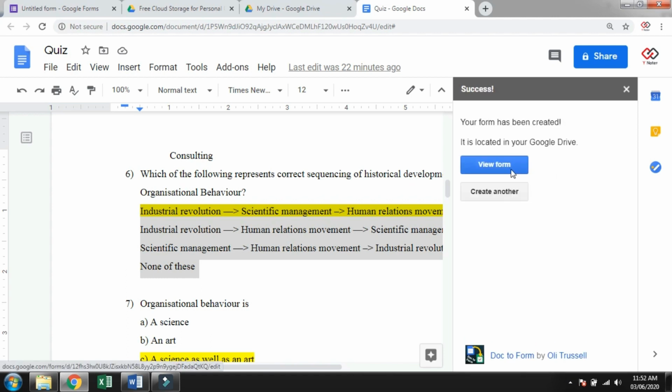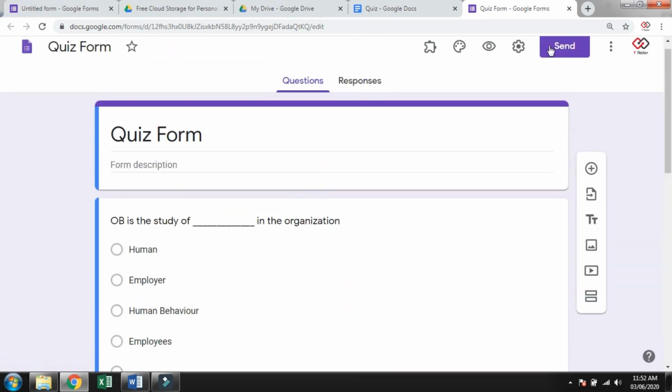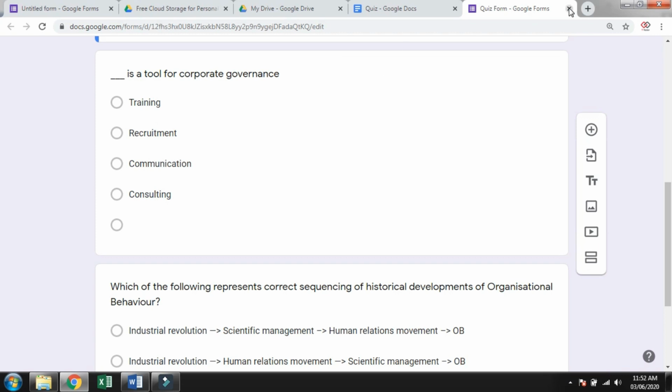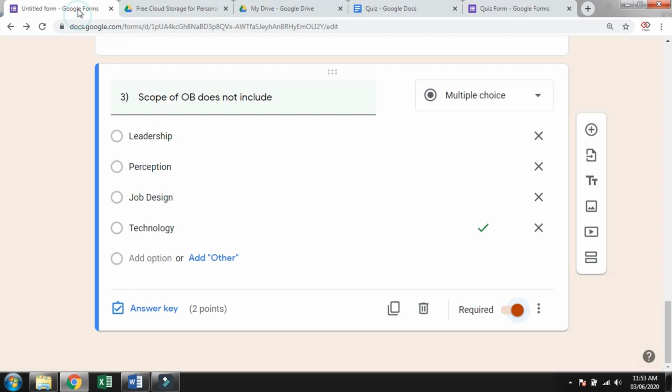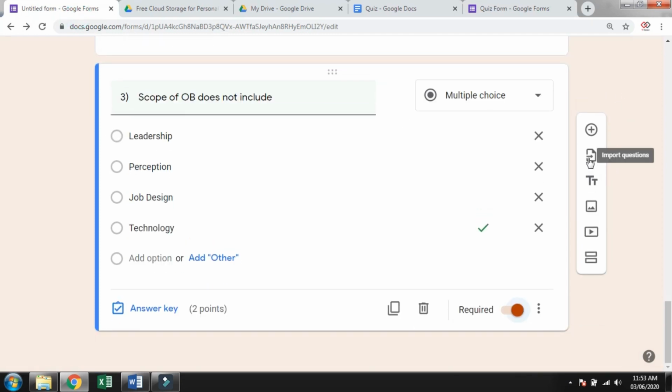Now I'm going to view the form, so click View Form. Our form will be there. I'm going to import these questions into the existing one. Let's see how to import it. Going here, I click Import Questions.